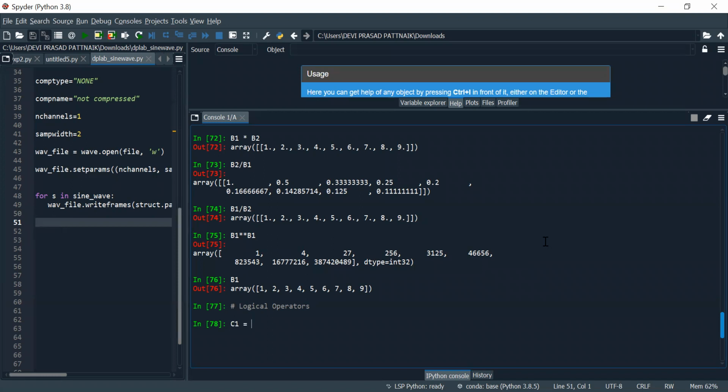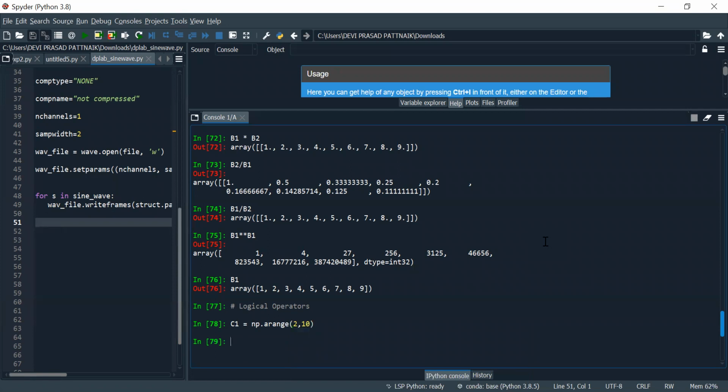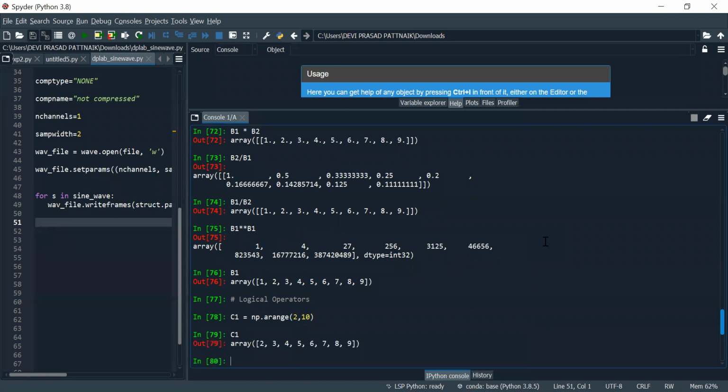Let's suppose I'm writing an array with np.arange, from 2 to 10. So what is the content of C1? You can see 2, 3, 4, 5, 6, 7, 8, 9.